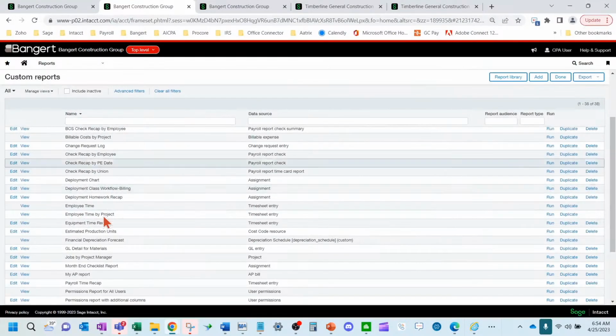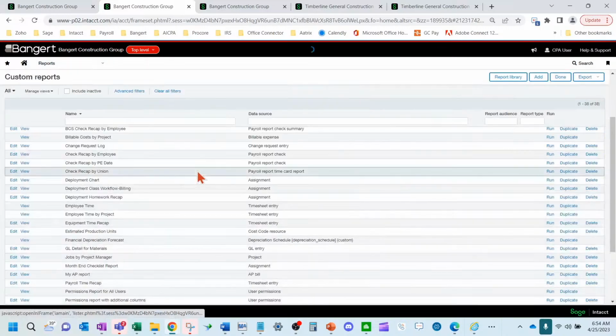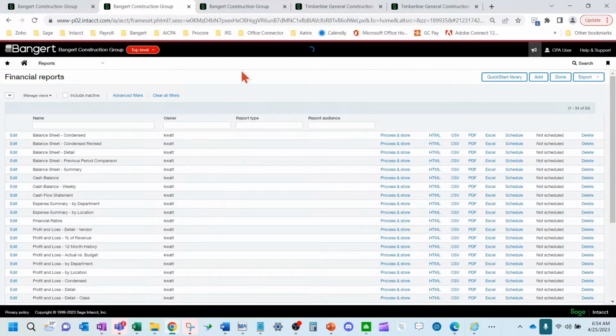So, just use the drillable functionality on your financial reports. Use your Collaborate feature to chat with your team on your screens, and use the attachments would be the big tip for when you're doing reconciliations, especially at year end.